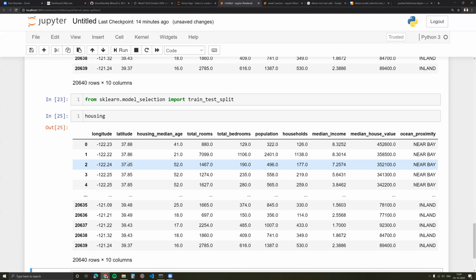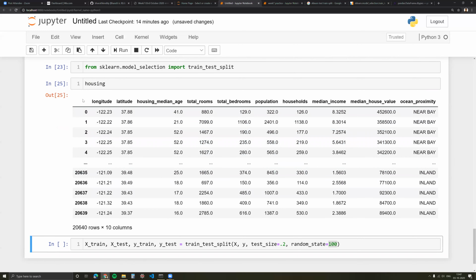I'll tell you why we split first and then do the rest. Let's assume this is the entirety of our data frame. It has only these many rows, and we split it in half. So this top part, above these dots, is our training and below is our test.